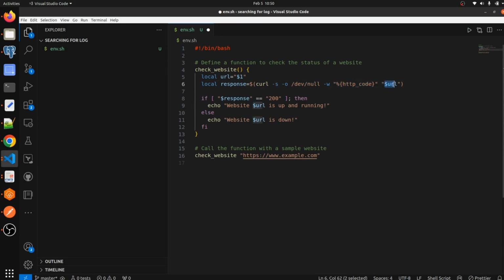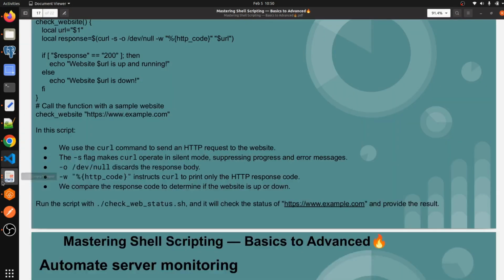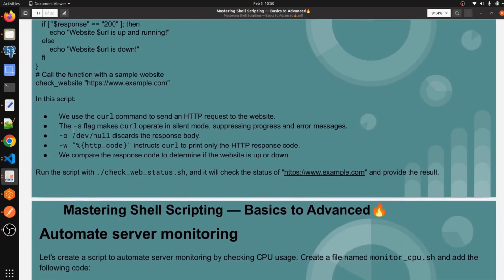Then we have defined one variable here, that is URL. Whatever argument we pass here will be fetched and executed by the script.